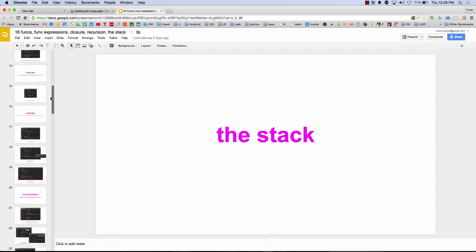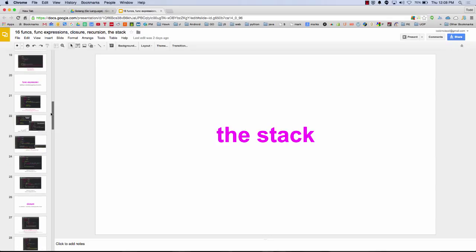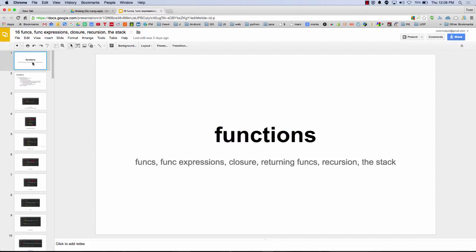And all this other stuff like callbacks, like functional programming like Lisp and Haskell, that's not so much Go style. But you can do that stuff, but Go is really about making things clear and easy to read as opposed to clever and complex. And if you have to write a little bit more code so it's clear, great, write a little bit more code, right? You don't need to make things totally abstract and confusing. So not so much a functional programming style, but you can do that stuff, and so we'll look at it.